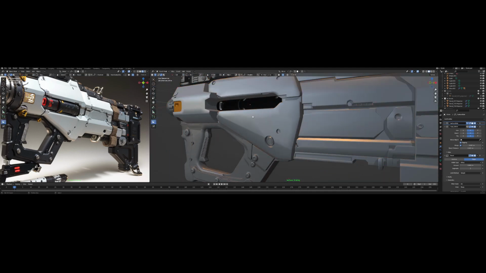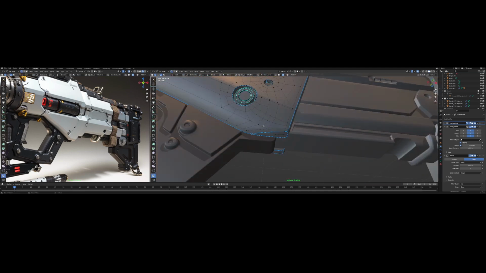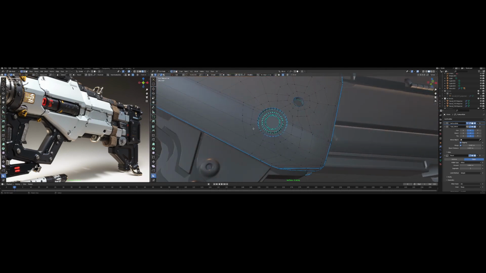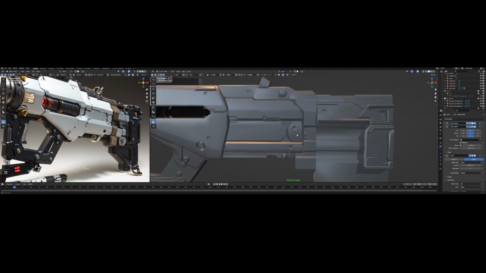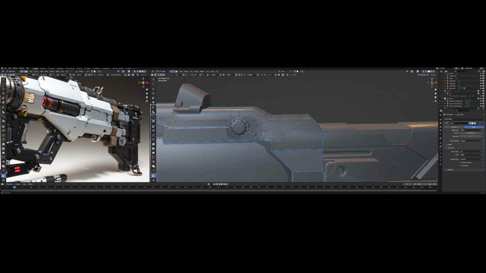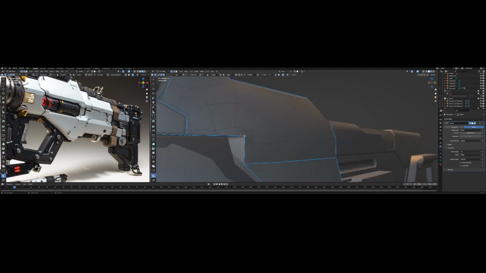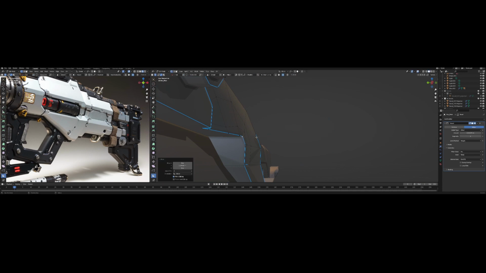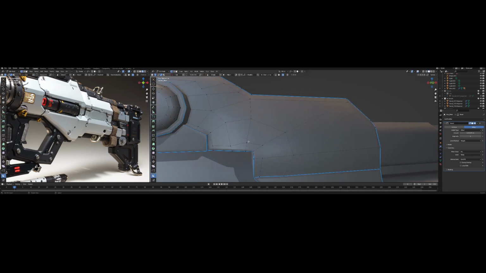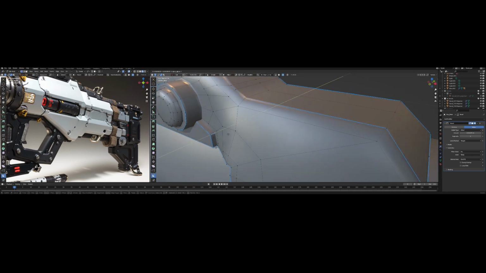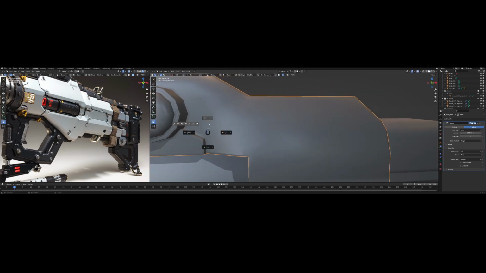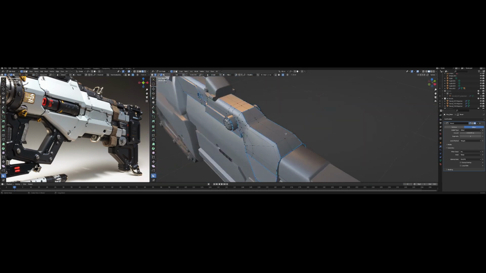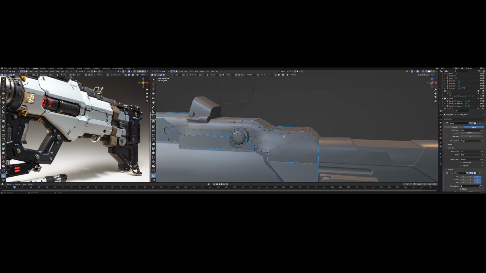Now let's move to this part. Actually, I'm still going to fix some shading problems on the previous part, because when I turn around my whole view of the gun, I can find that there are still some shading problems and it does not meet my satisfaction, especially on those corners. If we want to fix it, you can move it horizontally